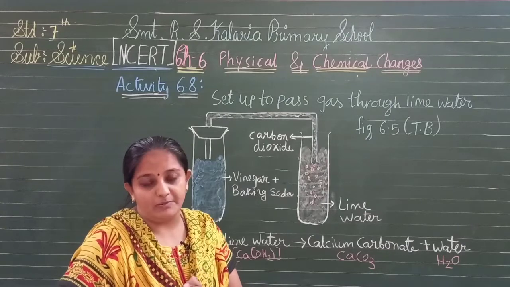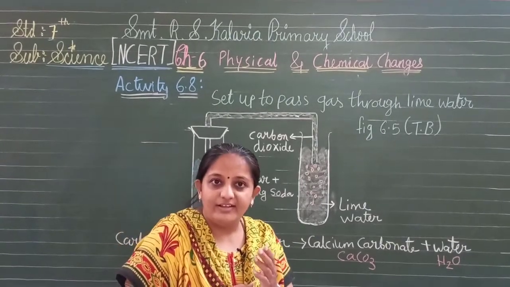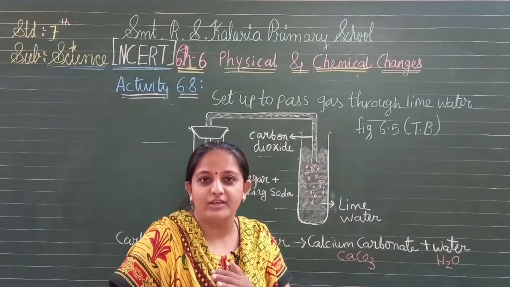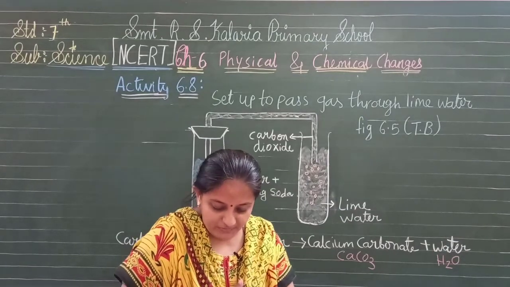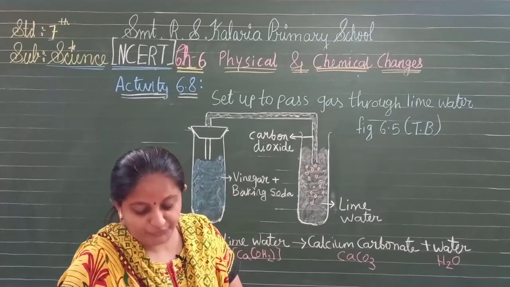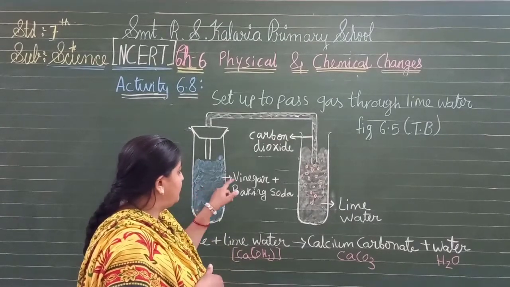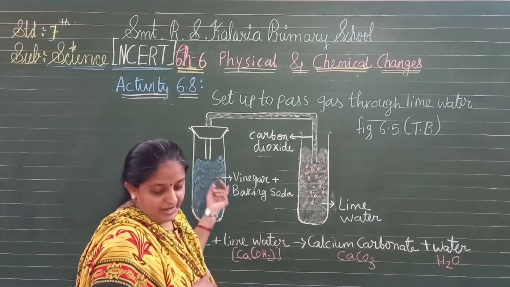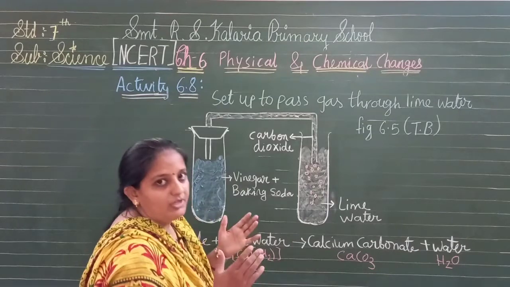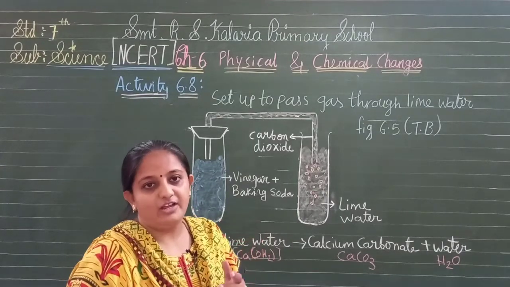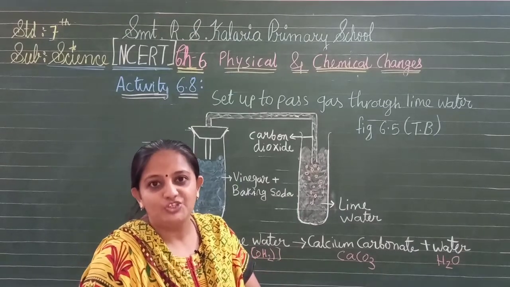We need vinegar. Now, vinegar is which type of acid we learnt in chapter 5? Vinegar is an acid, but the name of the acid present in vinegar is acetic acid, isn't it? So take a teaspoonful of vinegar in a test tube and add a pinch of baking soda. Vinegar plus baking soda, you have to add. Now bubbles of gas are coming out. Vinegar and baking soda react, and bubbles are formed. This is also a new change.